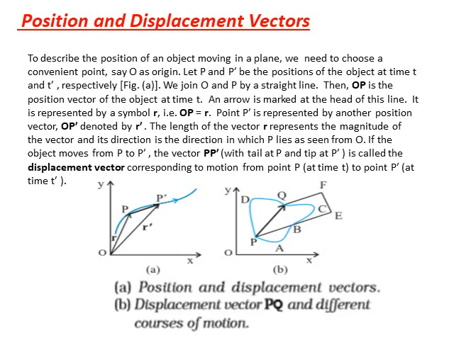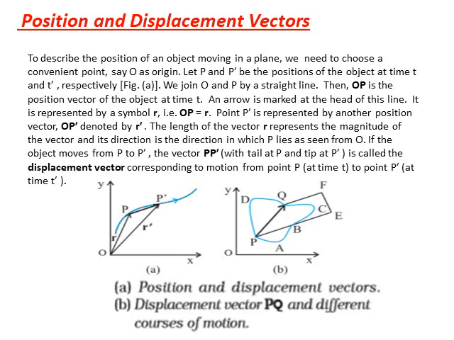Now you know what is displacement. So our starting point was P and the final point of the object is P dash. Therefore, the displacement vector will start from P and end at P dash, and the arrowhead of the displacement vector will be from P to P dash.